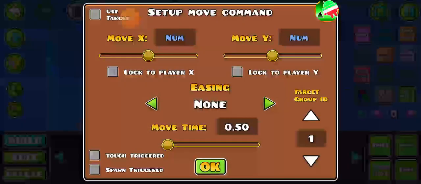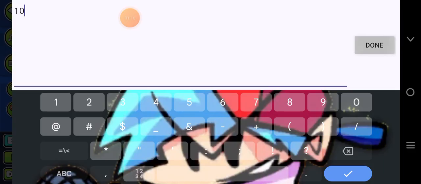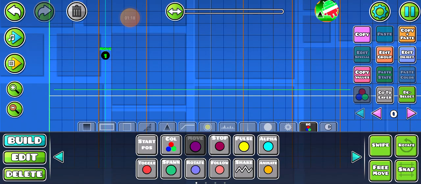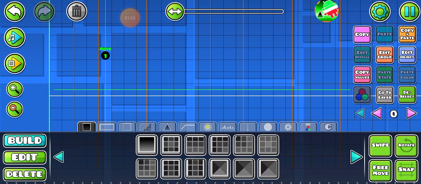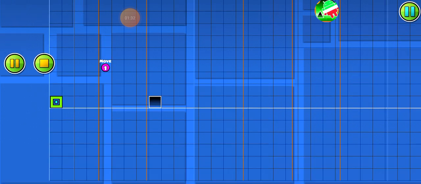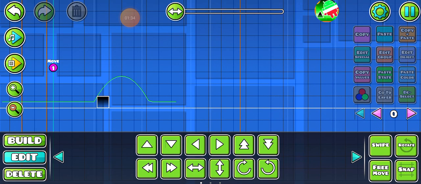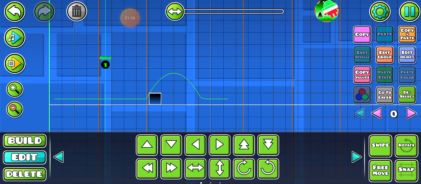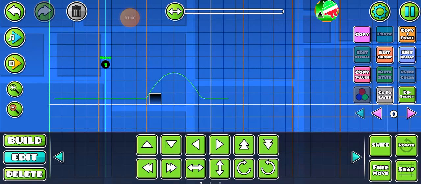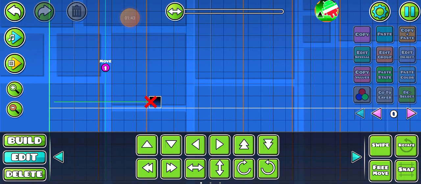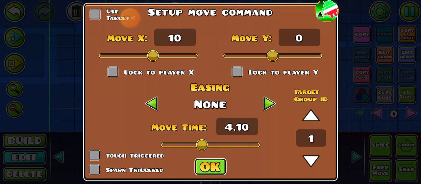So let's just do X. I'll just put, for example, 10. Let me just grab a block, add a group. Wait, and then did you see it move? Did you see it move? So let me just make it a little bit like this. So it moved. If you want it to move instantly,